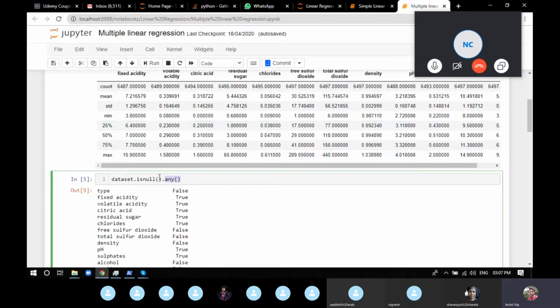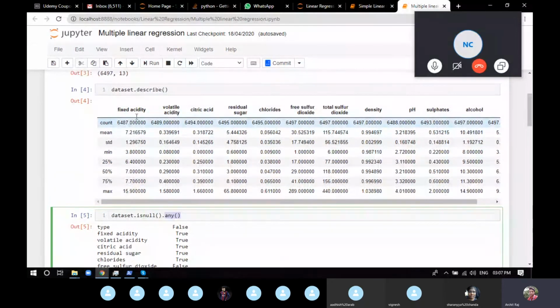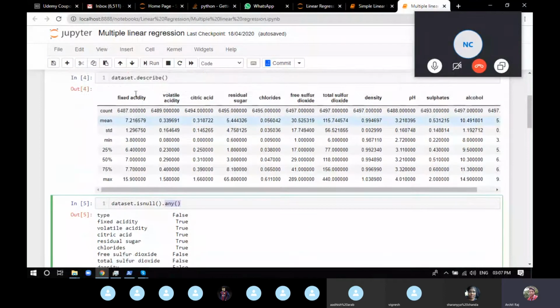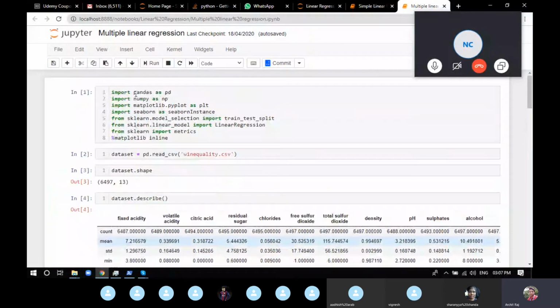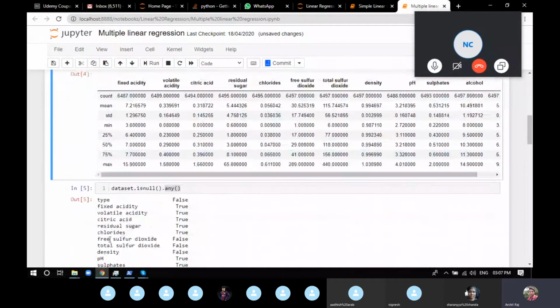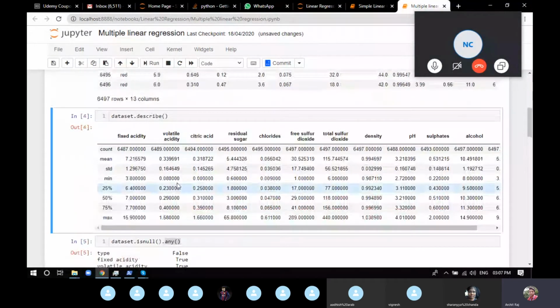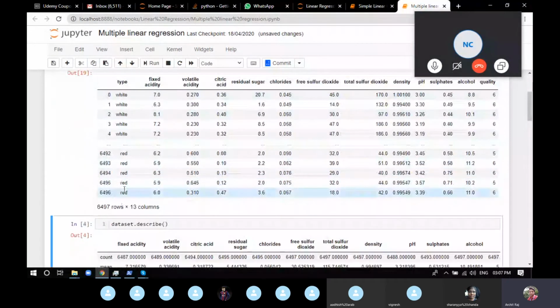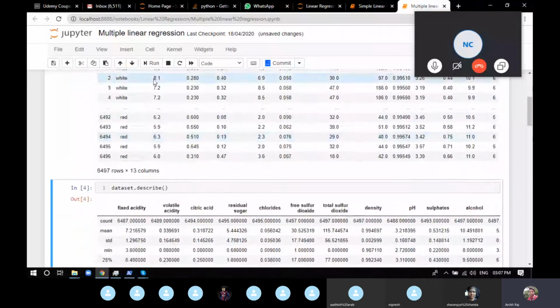Like you can see type, or you can see fixed acidity. It will check the whole column. If I show you the whole data set only, removing the shape here: in type, you can see it shows false. So it tells that out of all the rows, there are no null values. In fixed acidity, you have some.